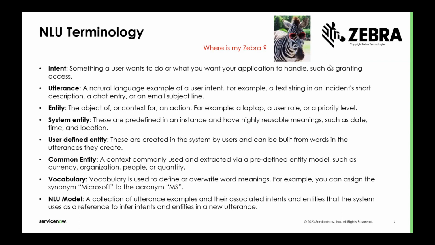vocabulary or entities will come into the picture, and how we can translate this to the system, so that the system can also start differentiating. The user wants to talk about the Zebra scanner, not about the zebra animal. So this is what NLU can do for our meaningful conversations: to differentiate, to give the learning to our models or system to differentiate these two things at the same time. So this is the power of NLU. Going forward, if you're clear on these terminologies, we can move forward.